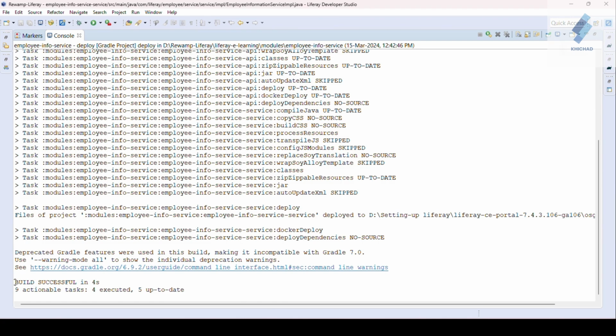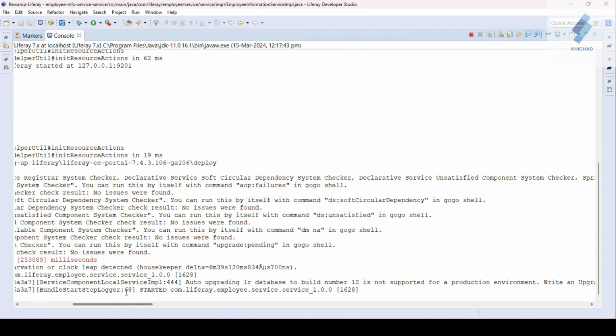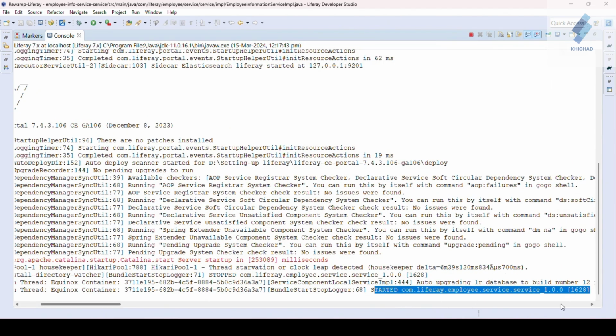Now you can see your build is successful. Your module is deployed successfully and it started. You can see your module is started successfully. So now I'm going to test the methods we created, and we use the JSON API services.